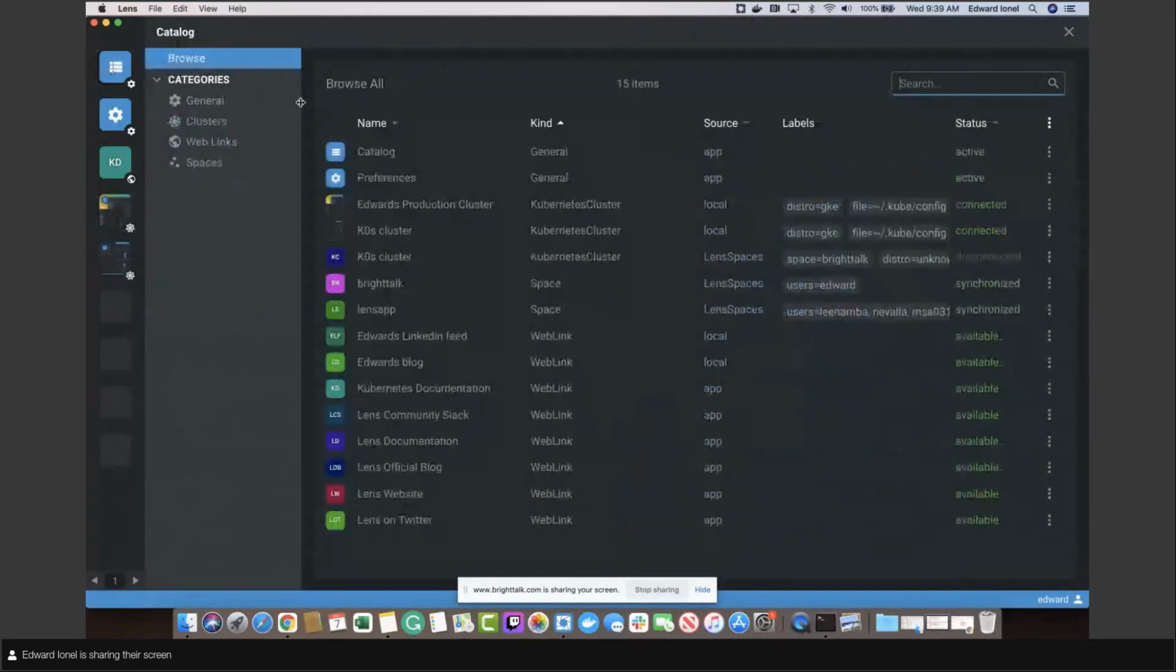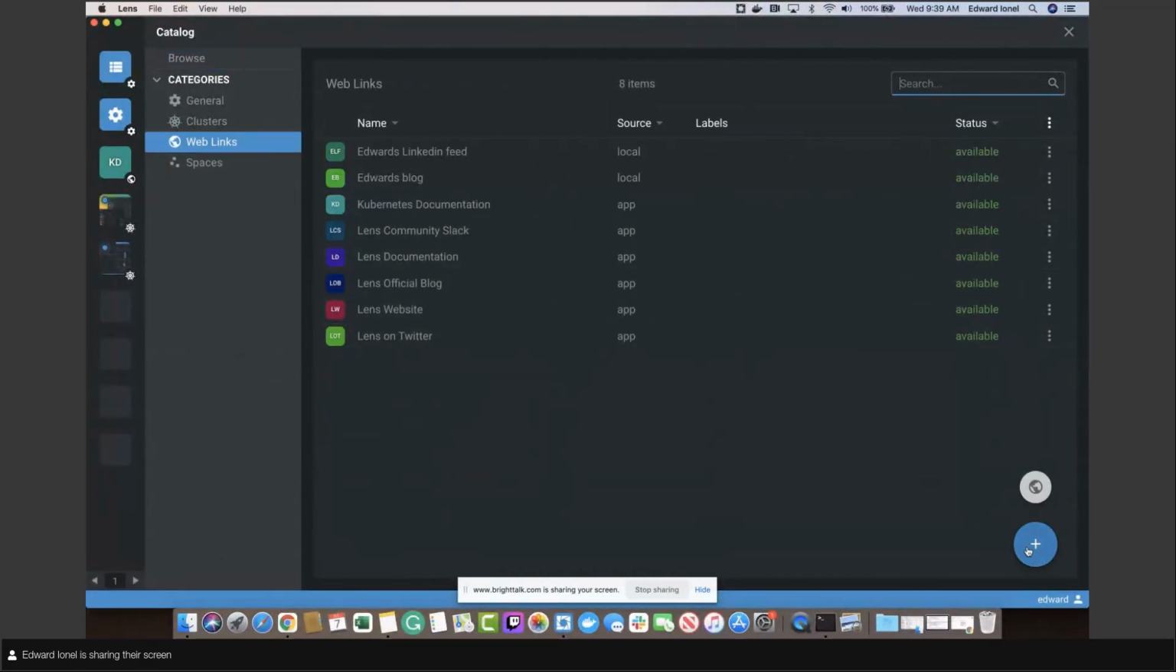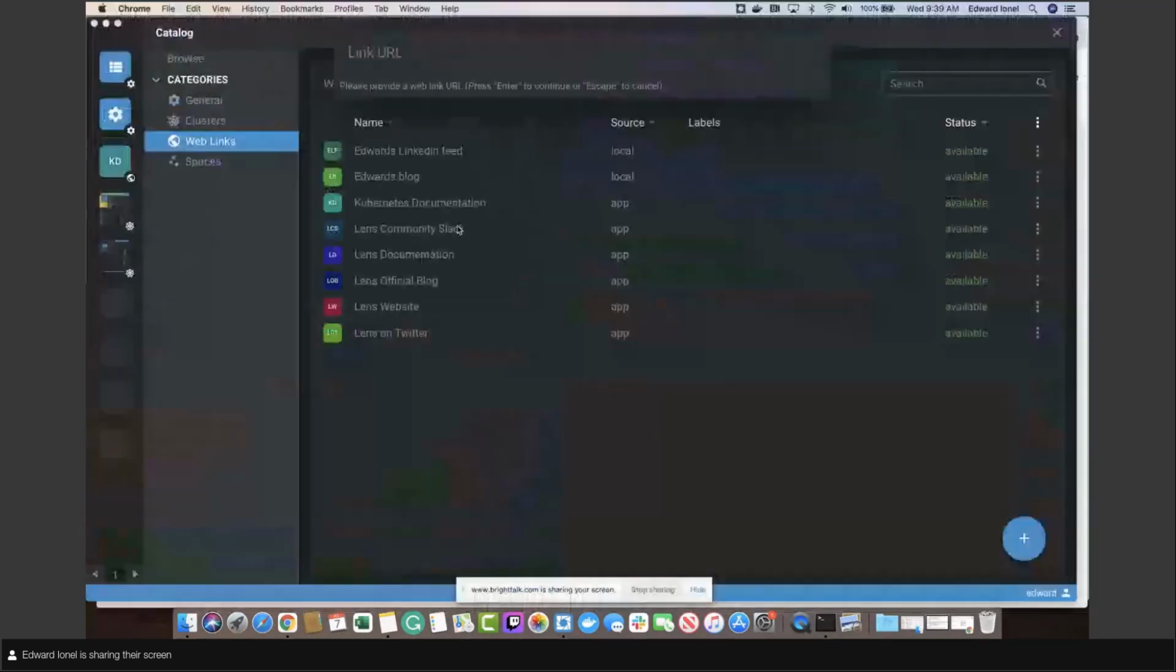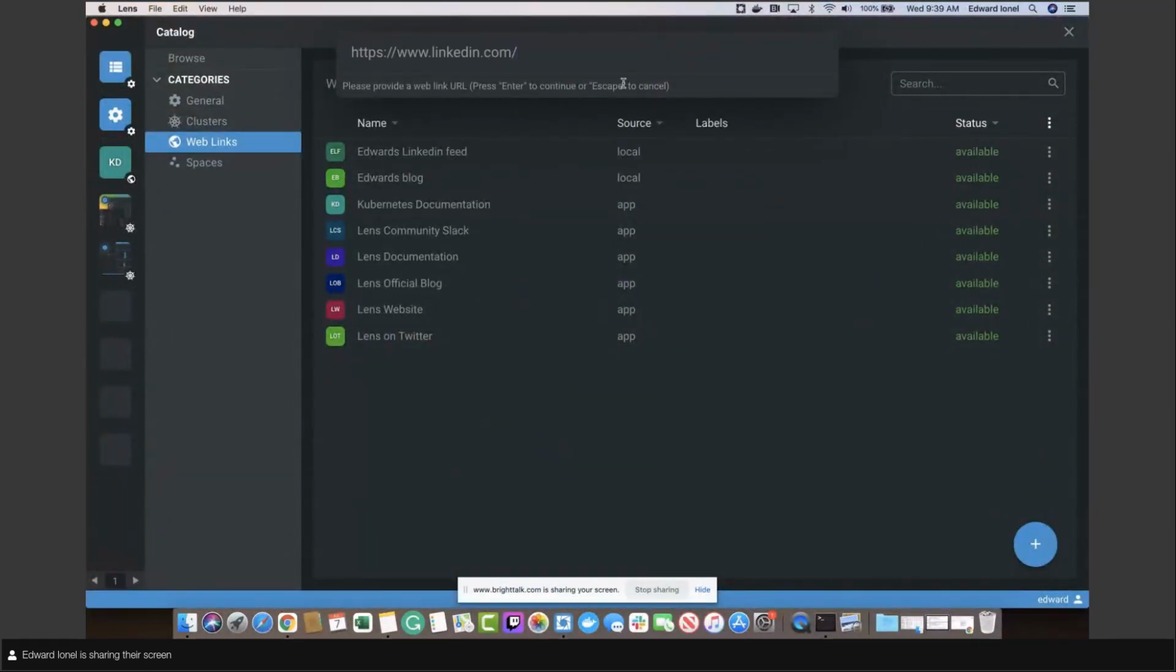Going back to our catalog, we'll actually create a web link real quick. It's quite easy to do so. You just hit this plus button and you would enter a link and the URL. Let's see if I have one that I would want to leverage. Let's just do LinkedIn, just for demonstration purposes. I can grab this, go back to Lens, enter the link, click enter, give it a name, Edward's LinkedIn feed,